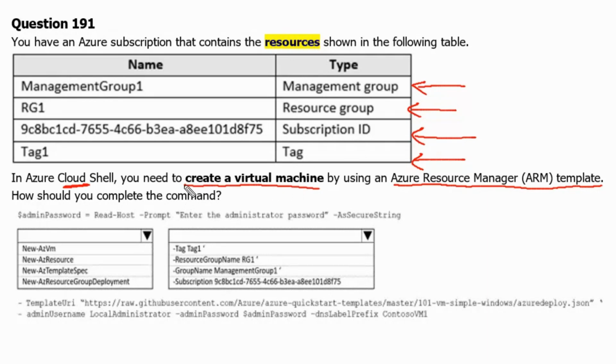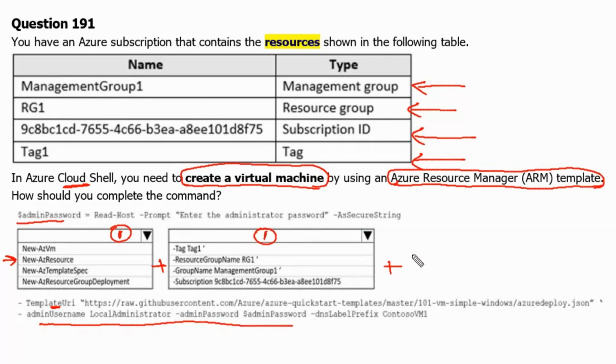The important thing to note in this question is we have to create a virtual machine using the Azure Resource Manager template, not using the command only. In the answer area, this is the variable here and the command starts from here, and that command will have addition of this. So one value we have to pick from this box, another value from this box, and with the continuation the command will have a template URI and remaining parameters.